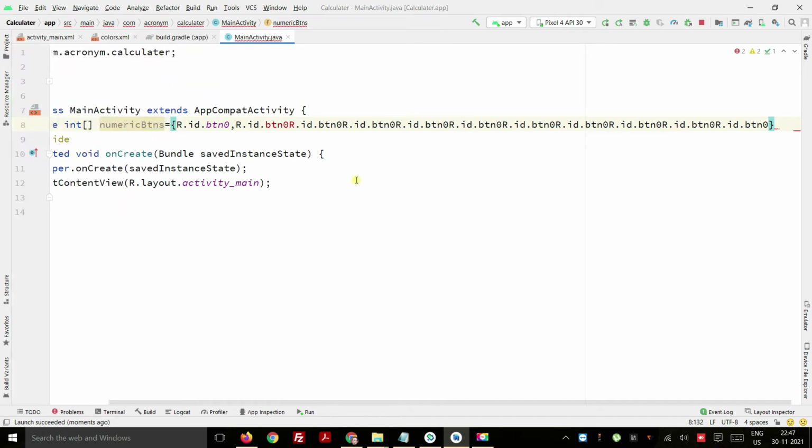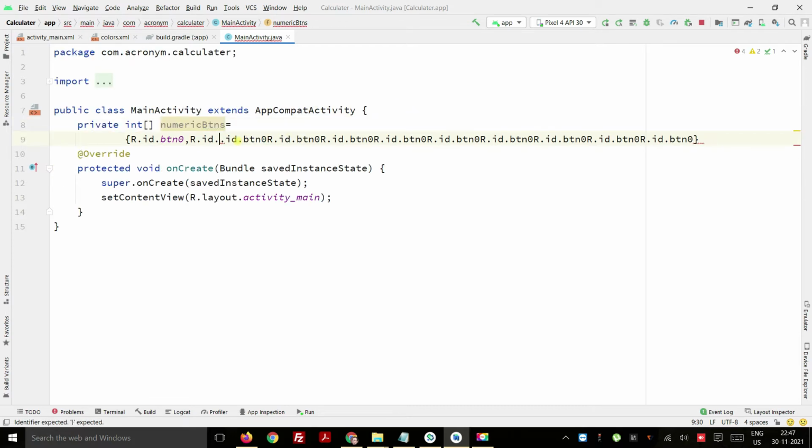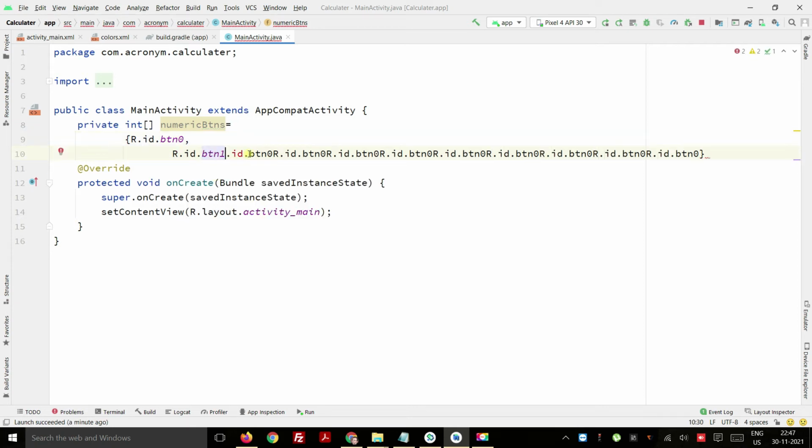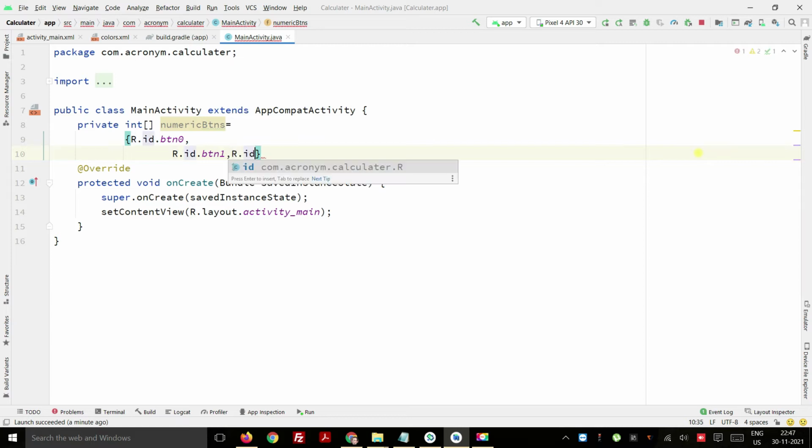I'll just close this so we can have some space here. With the help of this button 0, we put a comma, so not to worry. Then button 1, and then we will have an ID of it here. I'll just delete it here, so it becomes easy. So R.id.button2.